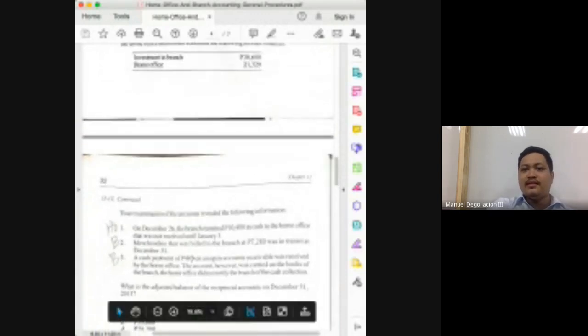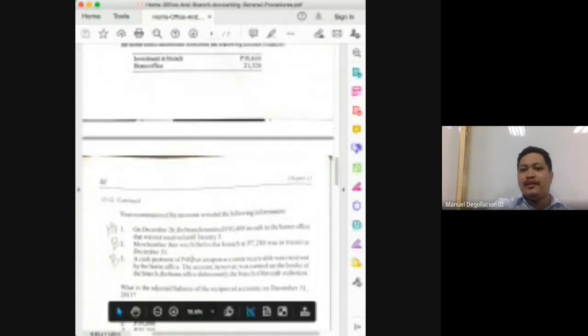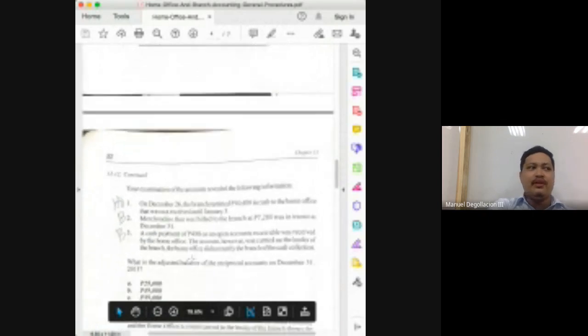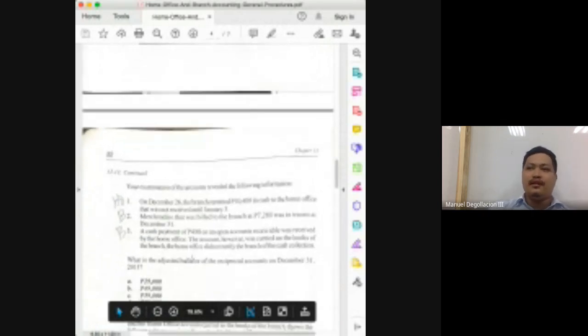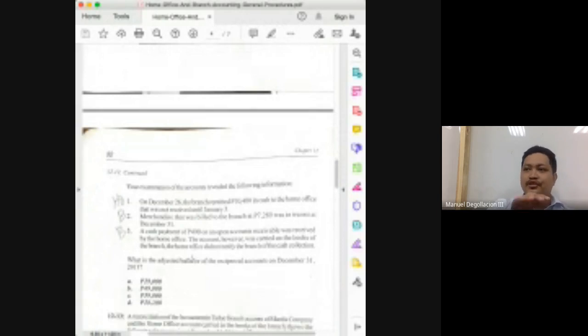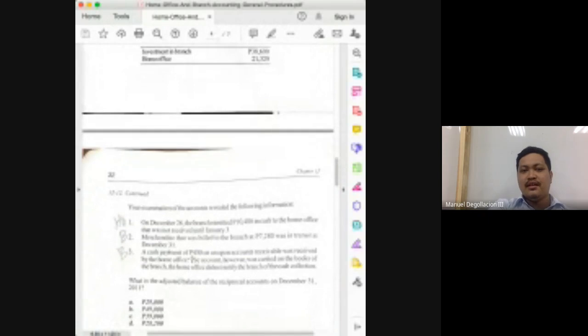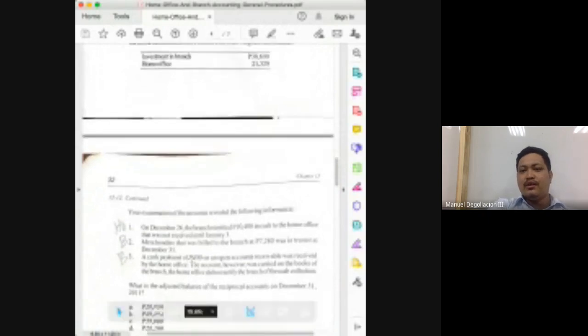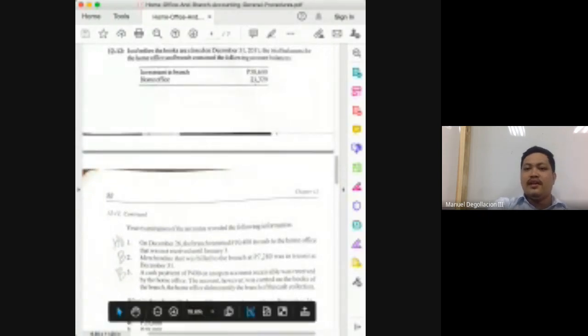So that means that amount is already incorporated in the 38,600. Who was not able to prepare an entry? The branch. What entry was not prepared by the branch? Debit, shipments from home office, and credit, home office. Okay, but again, that entry was not prepared. So that means the increase of 7,280 is not yet incorporated in the